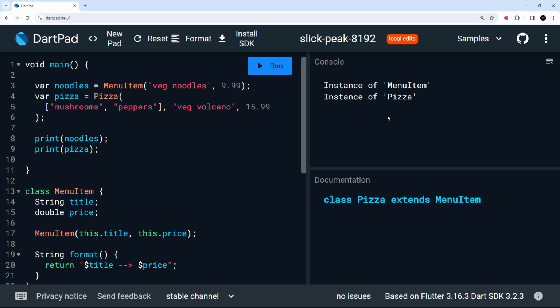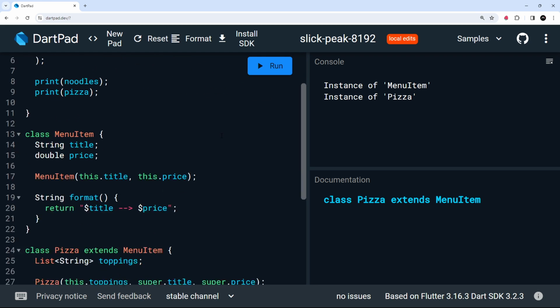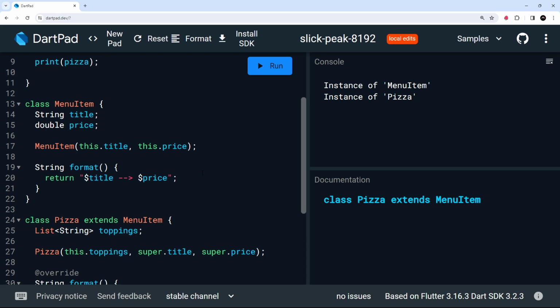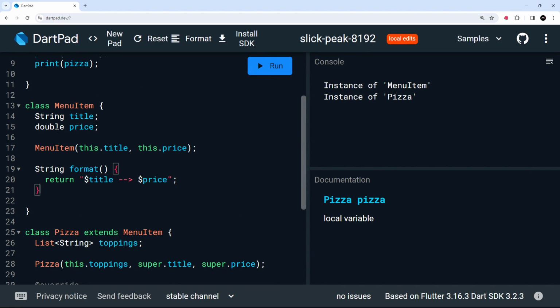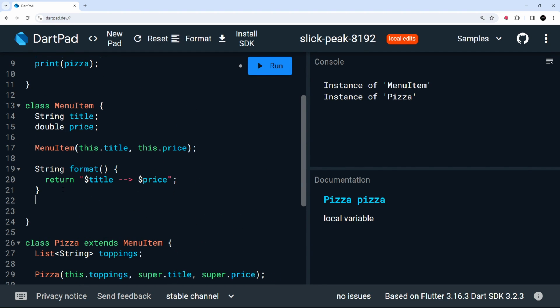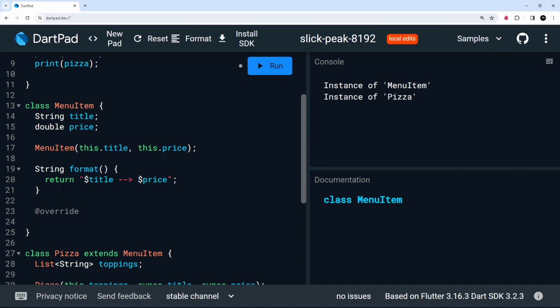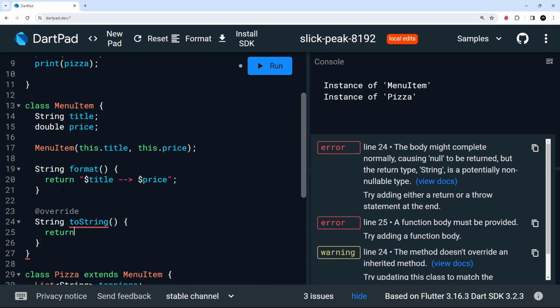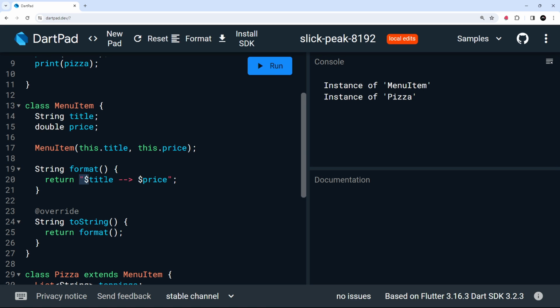So we can actually override this toString method on any class that we make. We just need to define the method and then add the override annotation above it. So we're going to start with this menu item class down here. We need to add on the @override first of all to say we're going to override a method. The method returns a string and it's called toString. Spell this correctly, toString, like so. And inside here, all I'm going to do is return the format method and invoke that, because that in turn returns this string. And that's what I'd like for our toString